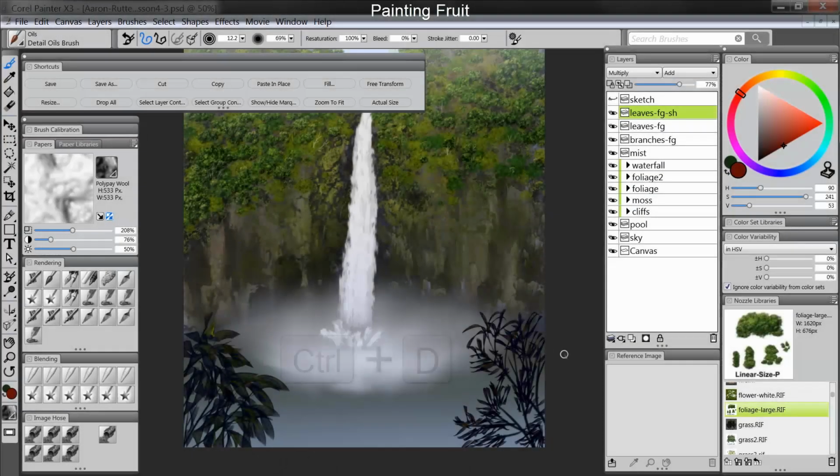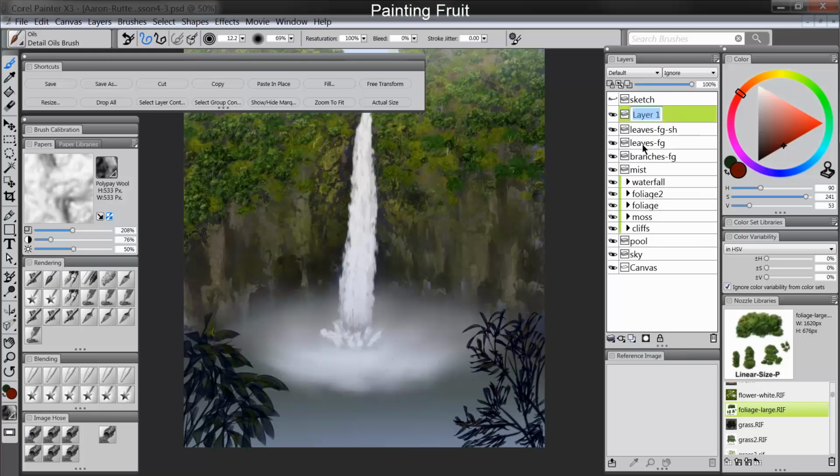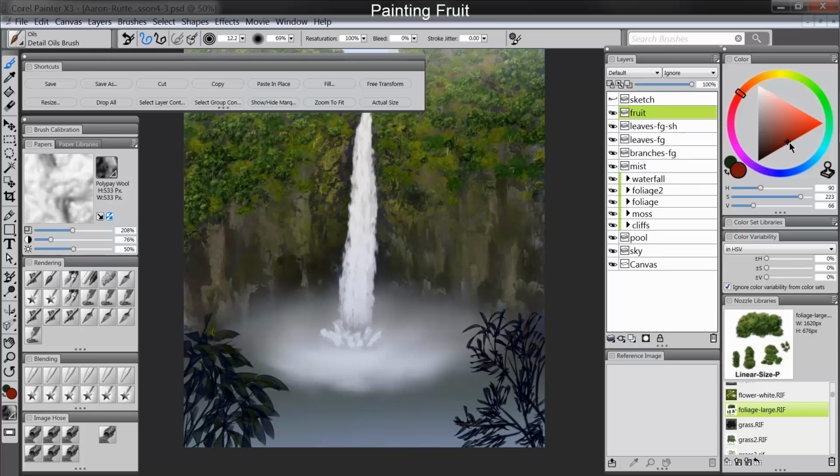Let's deselect our selection using Control D, and then let's add some berries to our leaves here. So I'm going to create a new layer. I'm going to call it fruit. I'm going to pick a nice bright red color that we can see. I'm going to take the detail oils brush and I'm going to size it slightly bigger than the size of the berry that I want to paint. And then I'm just going to click with my mouse just to place a few individually here